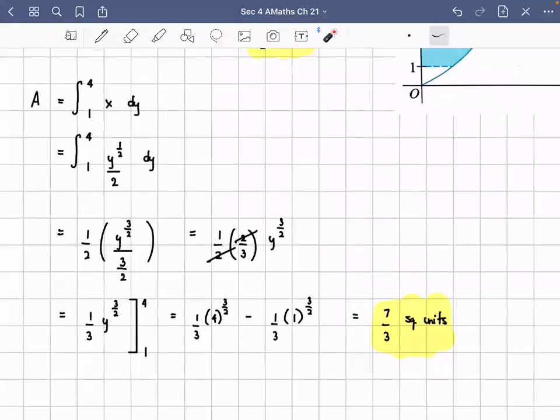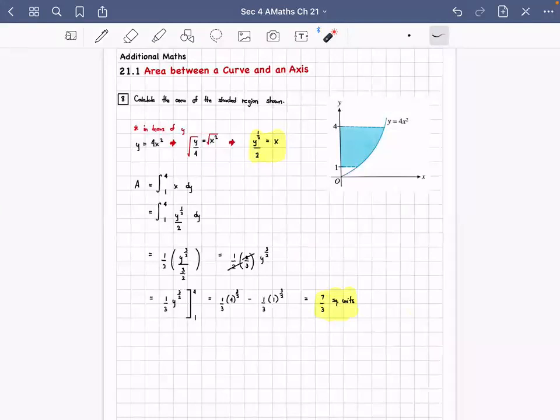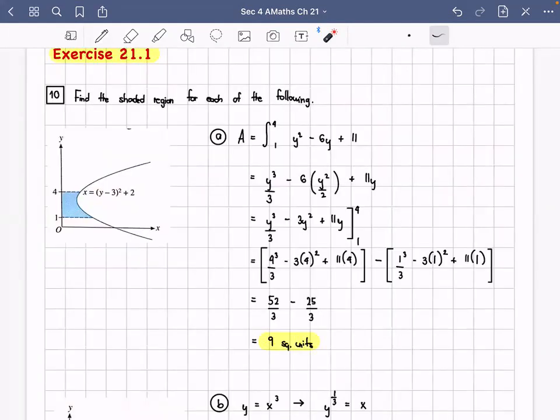So let's evaluate this now. Evaluating this, upper limit 4 minus your lower limit, which is 1. And then evaluating this, your answer now is 7 over 3 square units. So that's the area of the shaded region. This shaded region bounded by